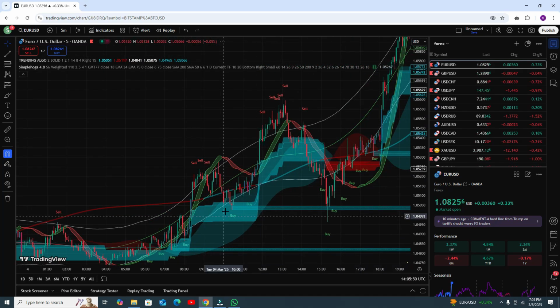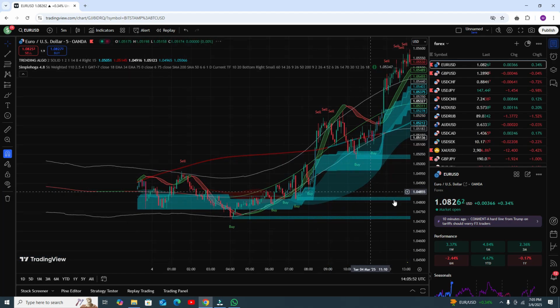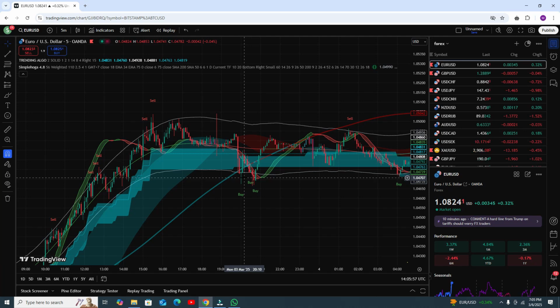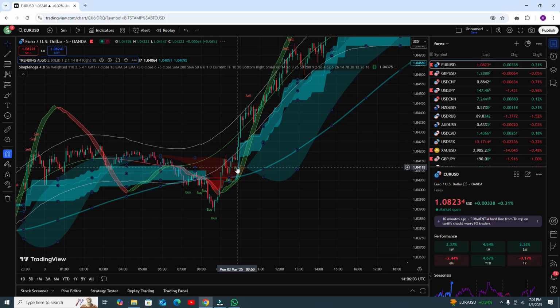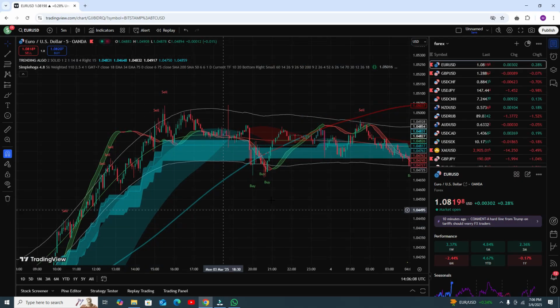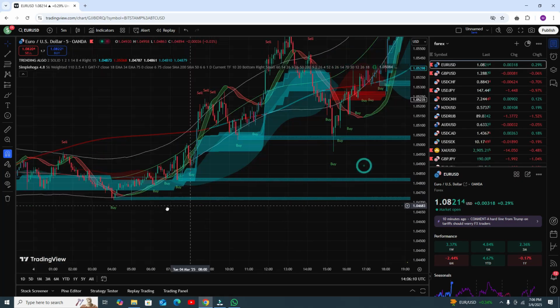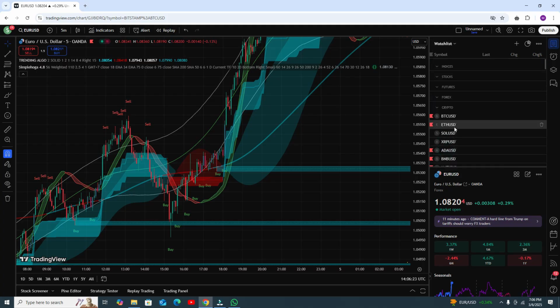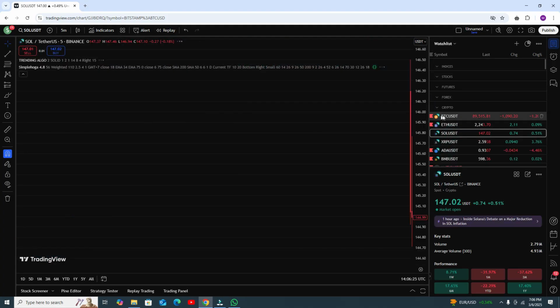Let's see more examples. We need to find a strong buy condition. From this point, that is another buy signal and that is strong. Now you can see your target is easily hit, and if you combine strong and weak signals, you are getting accuracy of almost 80% plus. Okay, and let's see the results for crypto pairs like Solana and BTC.